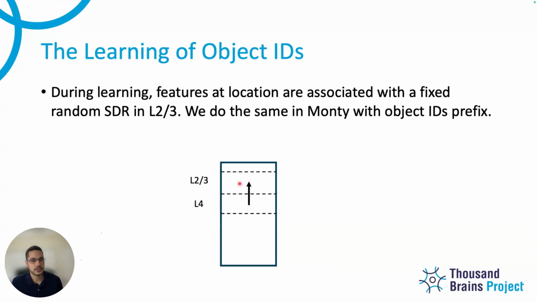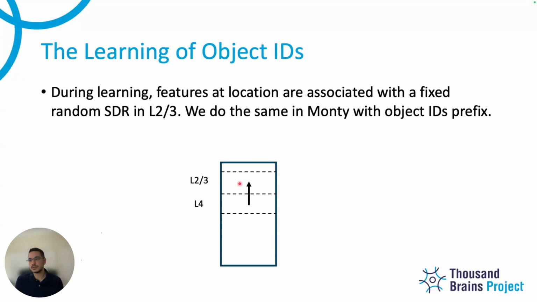Sorry, can you repeat that? Just the fact that there's a random SDR doesn't necessarily say whether it's the same object or a different object anyway. But the point where we say this should be the same object is the associative connection between two columns. With the standard approach that Niels just mentioned, we wouldn't learn an associative connection if two columns aren't on the same object. Their layer 2-3 representations just wouldn't be correlated.